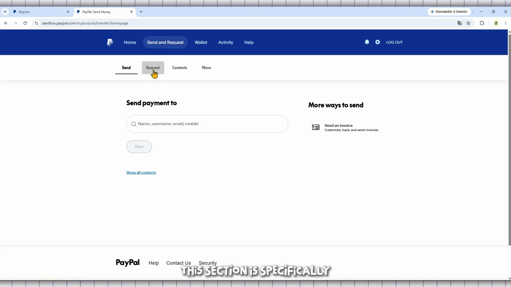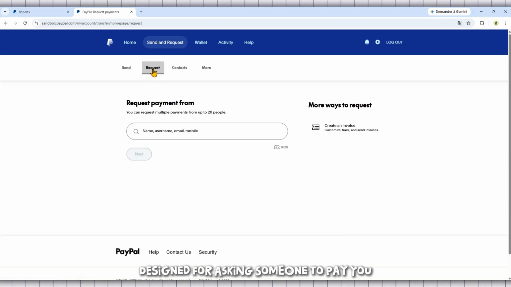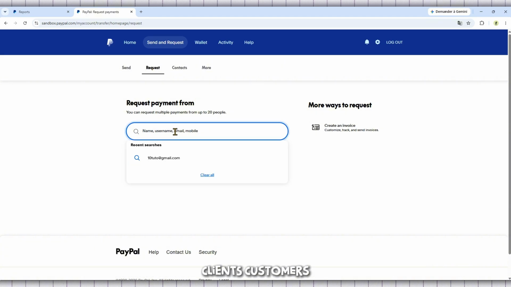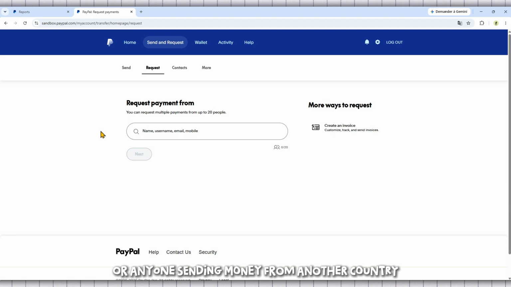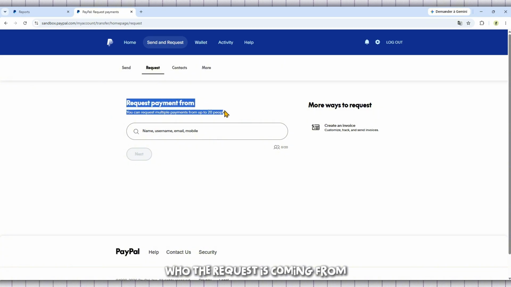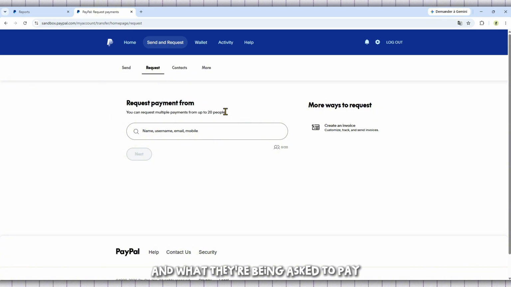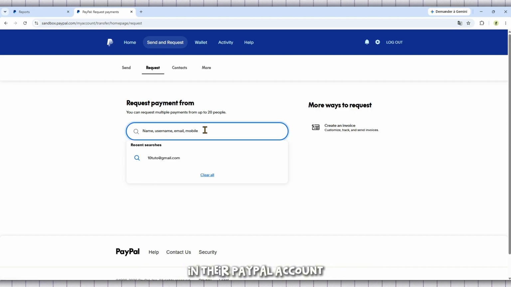This section is specifically designed for asking someone to pay you, which makes it helpful when you're dealing with friends, clients, customers, or anyone sending money from another country. Using a payment request can also make things clearer for the sender because they'll know exactly who the request is coming from and what they're being asked to pay. It can also help reduce confusion by giving the sender a direct notification in their PayPal account with the payment